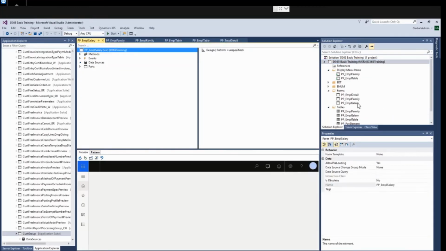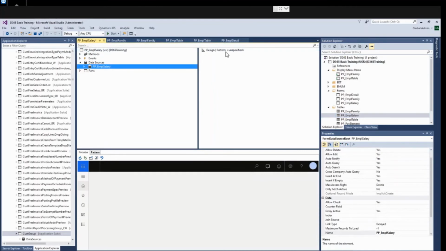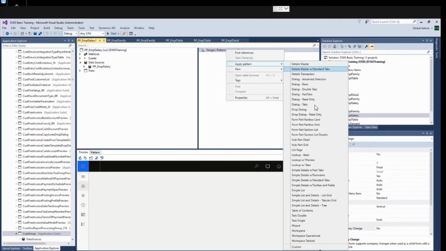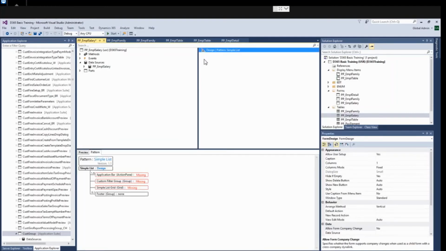Same methods you have to follow. Weather table, empl salary, design, pattern, simple list. See the guide, you have to follow the guide.